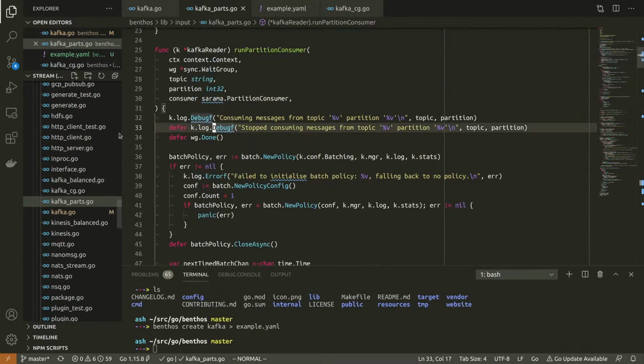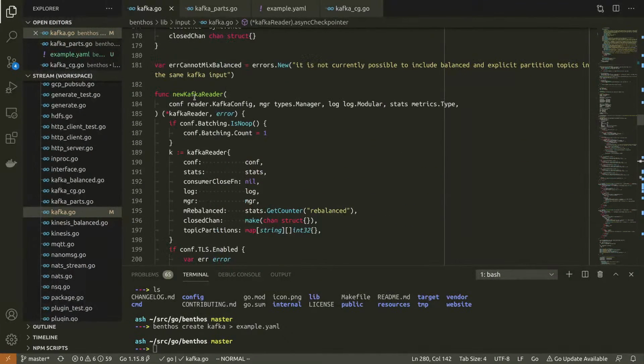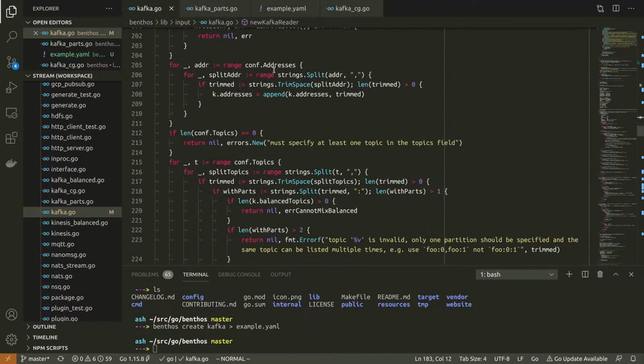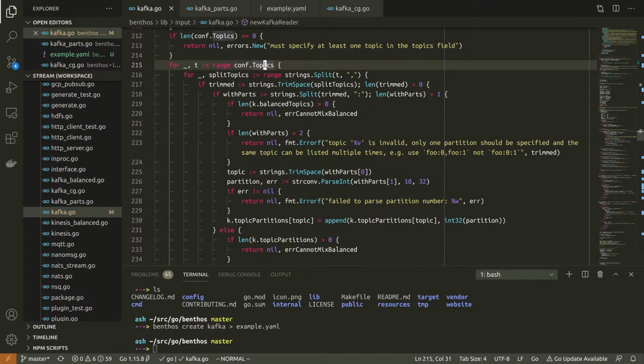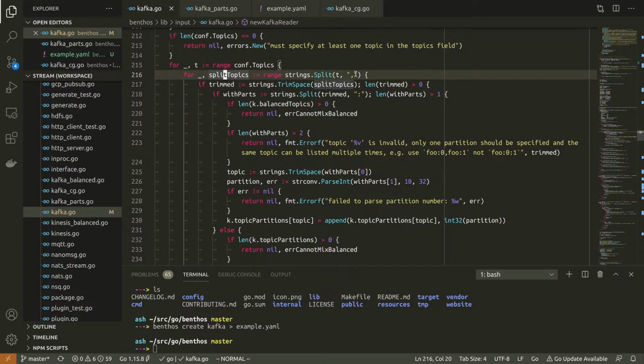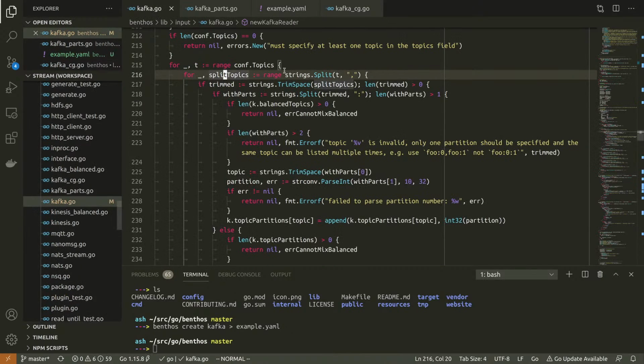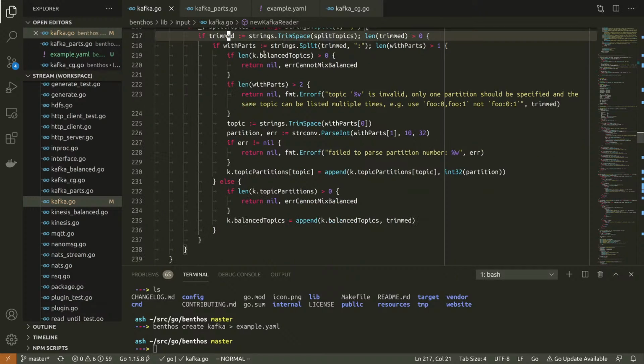So, okay, as I said, there's 2 different consumers and the point where we branch off. So what we do is when we initialize the Kafka reader, we iterate through all the topics that have been listed, and then I split them out by comma. So if you've done this syntax here, we split those out, and then I trim them, which is a good idea. And then we split by colon,